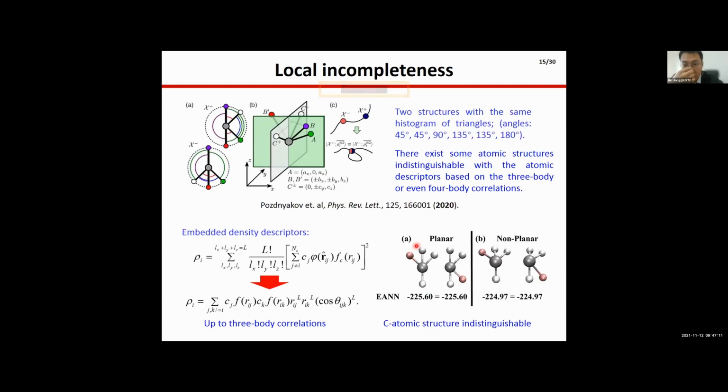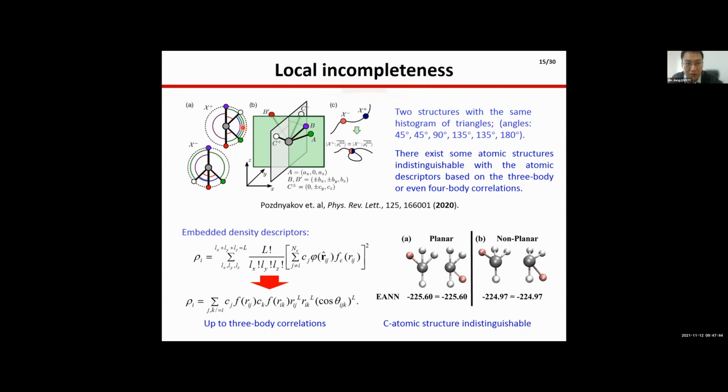Another problem of this high-dimensional neural network representation is that people typically use 3-body or 4-body descriptors to describe this local environment. But recently, a paper from Michele Ceriotti's group demonstrated that even with such many-body descriptors, you sometimes cannot distinguish some